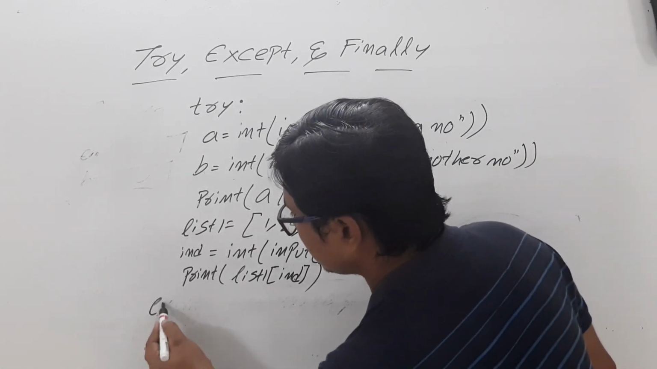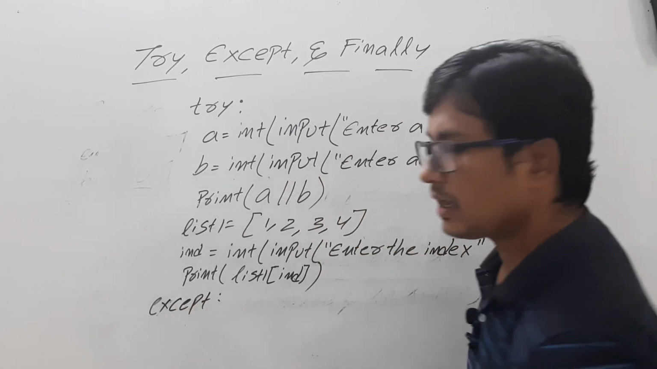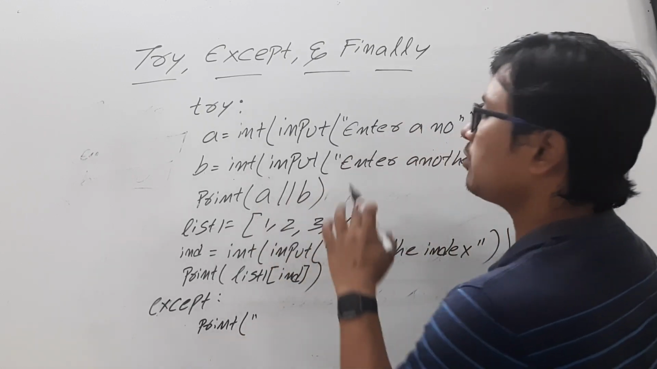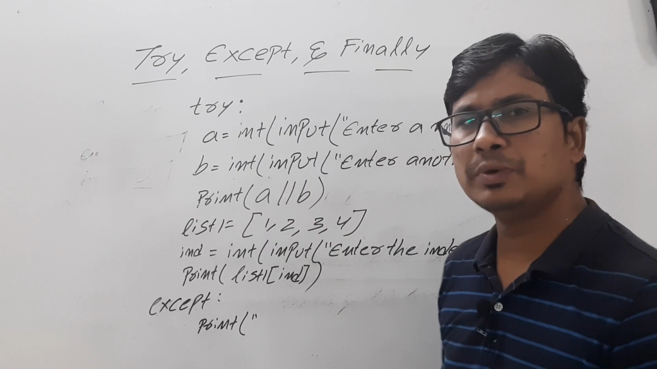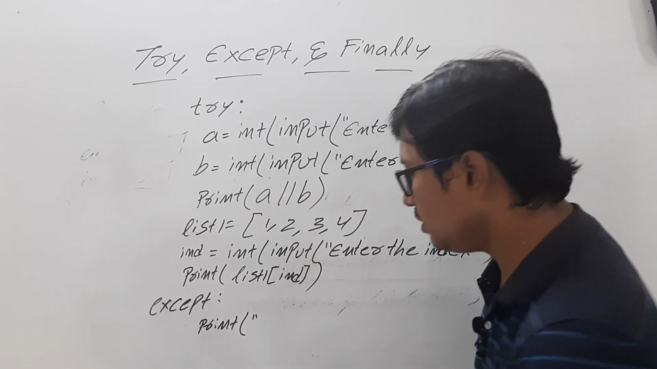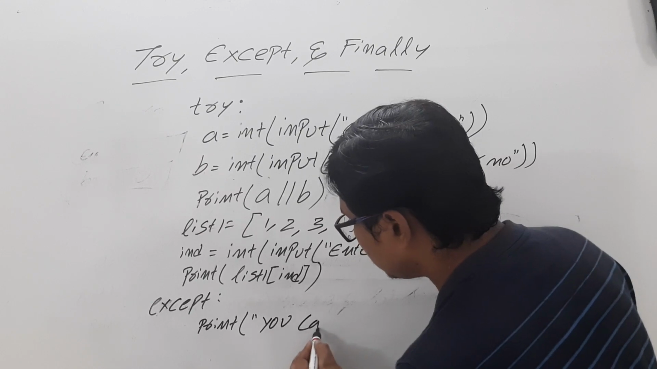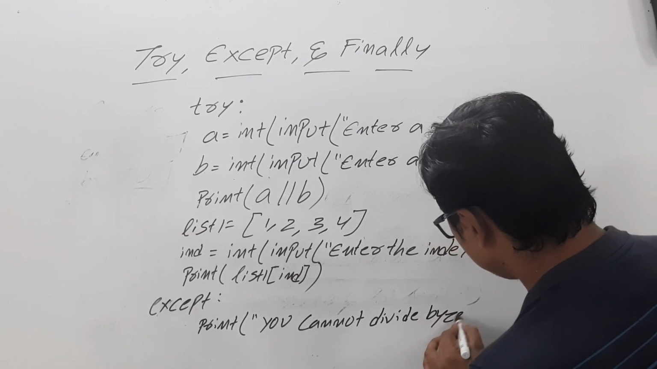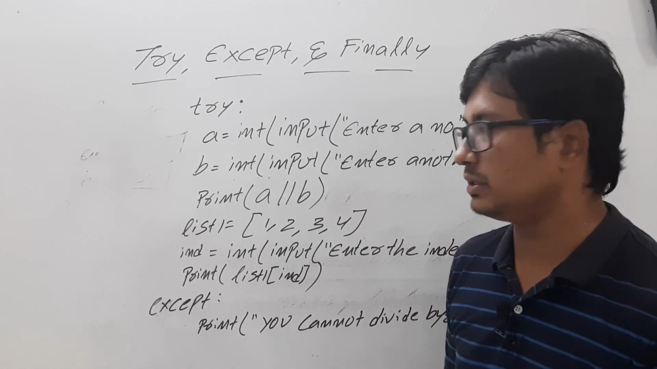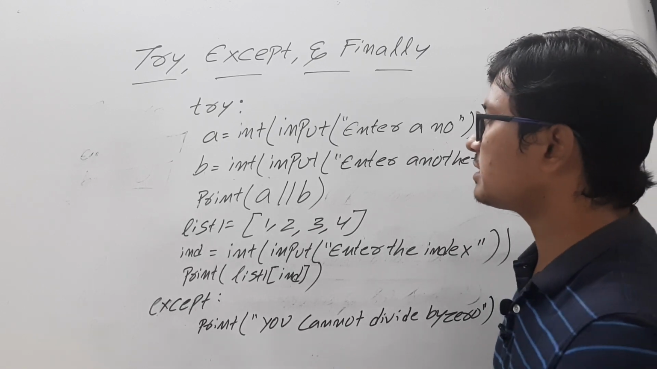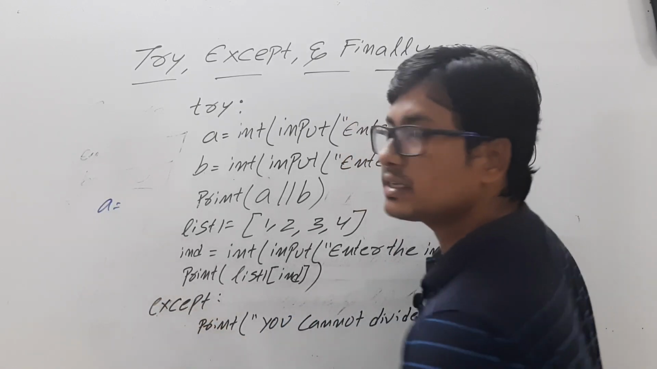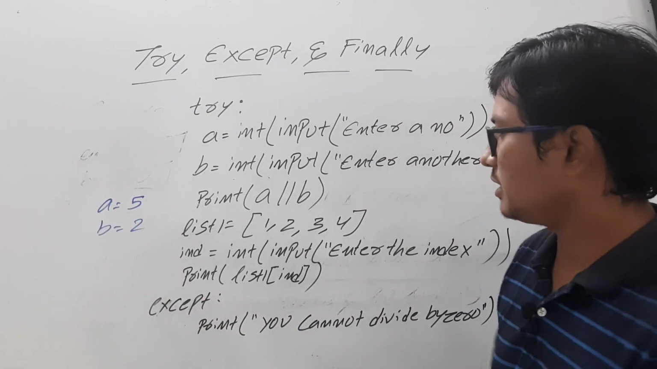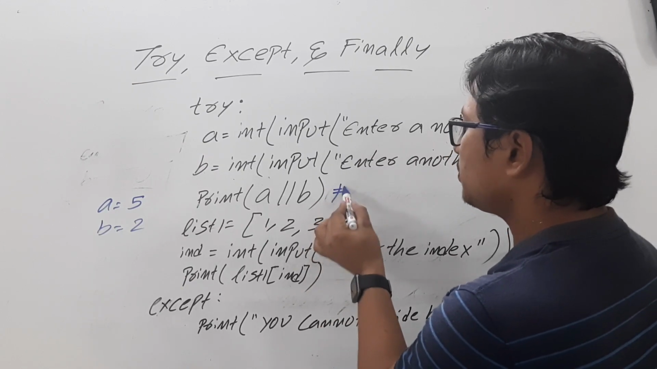Now look here. I am writing an except block consisting of only one statement. Let's take print. As I am performing the division, there may be a possibility that the user will enter the value 0. So for that, I am writing "you cannot divide by 0". This is the customized output I am giving to the user. In this case, what will happen? Suppose the user has entered 5 for a and 2 for b. That is absolutely fine. In this case, you will get the output here as